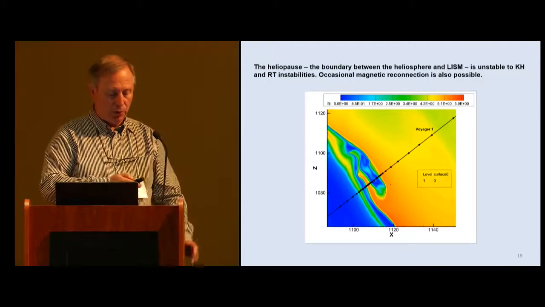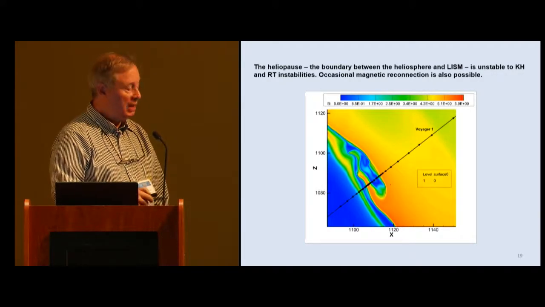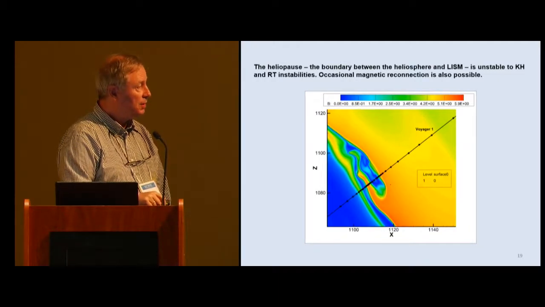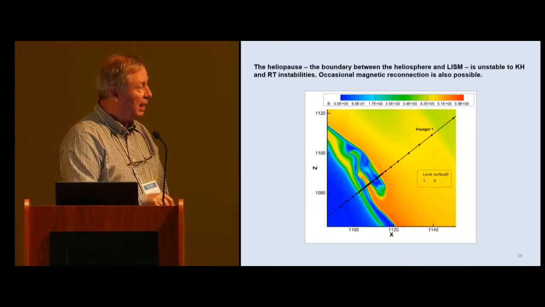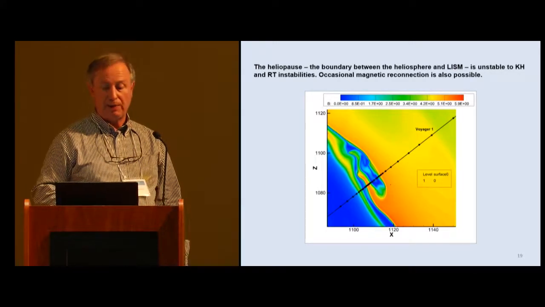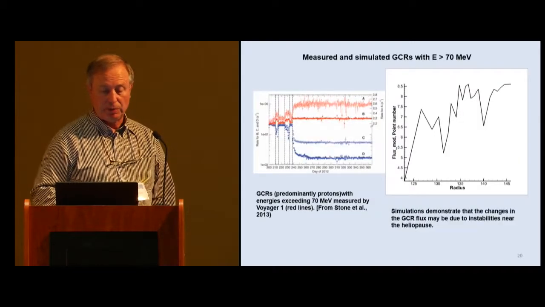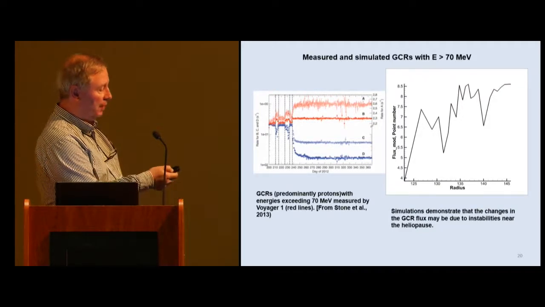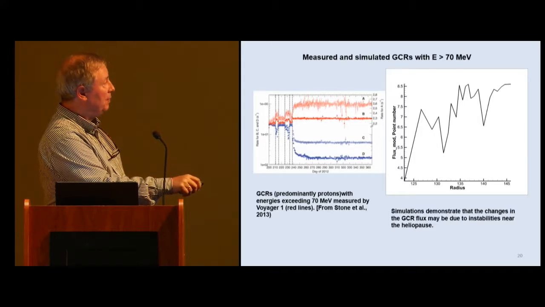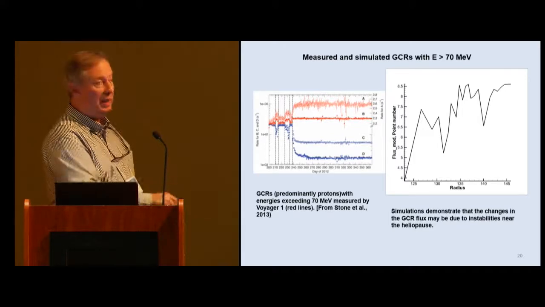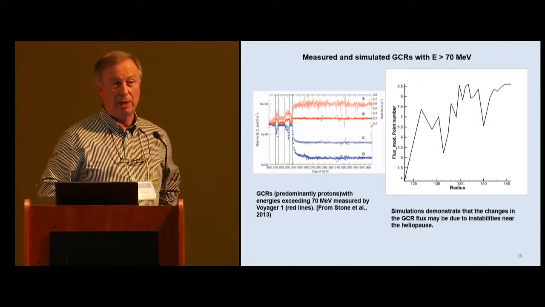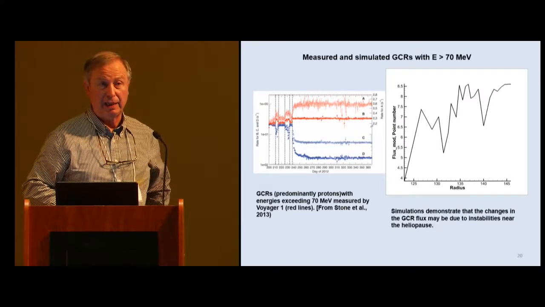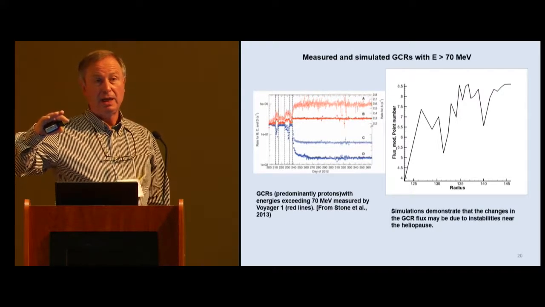These are the heliopause. The boundary between the interstellar medium and solar wind is unstable, as I showed here. And you see the Voyager 1 trajectory at the points. We calculated the fluxes of galactic cosmic rays at those points. And what we obtained is shown in this figure on the right. And the figure on the left here shows that indeed the crossing of the heliopause was pretty complicated, and the galactic cosmic ray